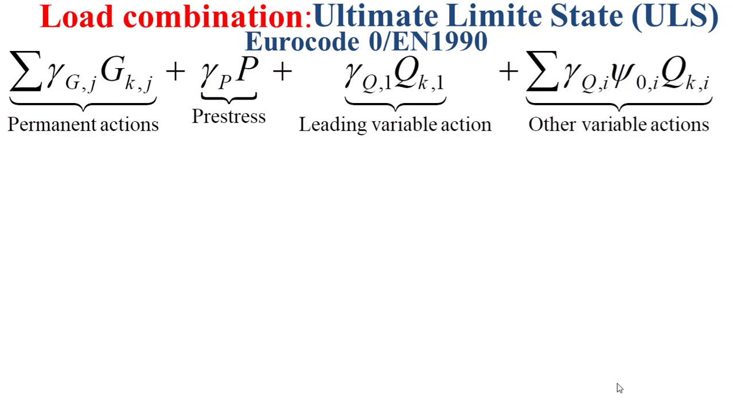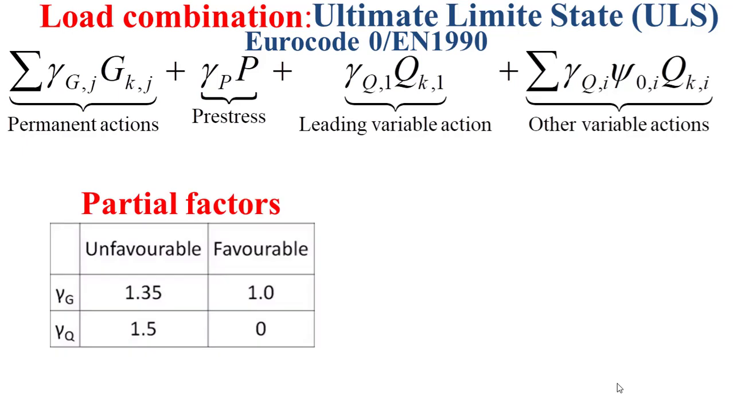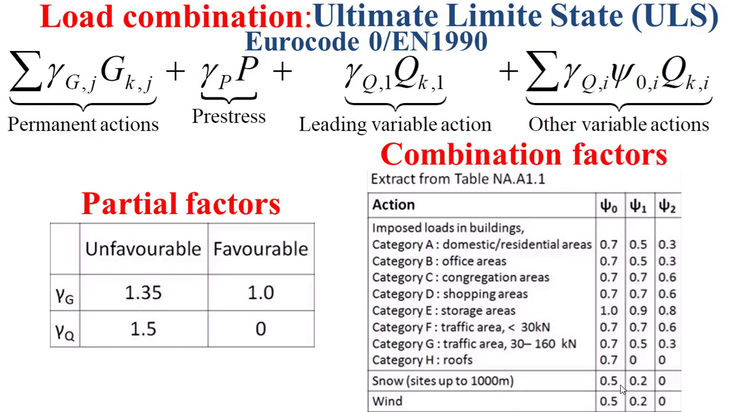Here the weighting coefficient gamma is the partial factor, and it's given by the table that you see now in this slide. Here unfavorable and favorable mean that the action is unfavorable or favorable with regard to the stability of the structure. So gamma j is the partial factor associated with the permanent actions, and gamma Q is the partial factor associated with the variable actions. When the action is unfavorable, it deteriorates the stability of the structure, and when the action is favorable, it enhances the stability of the structure. We also have the table giving the combination factors psi 0